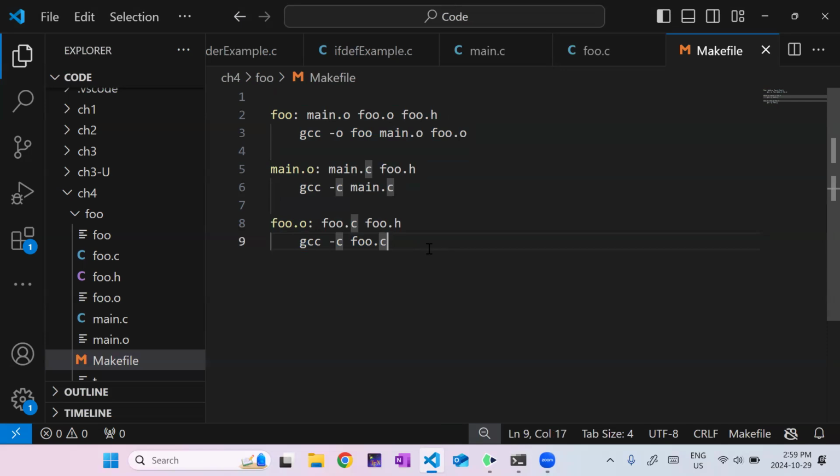So if you're having a bug that won't go away when you call make, you want to add another command here called the clean command. The dependencies are none. Every time I call clean, I want it to run. And what I'm going to do is remove foo, the executable, and all of the object files, right? So star.o. And then I can start from scratch.